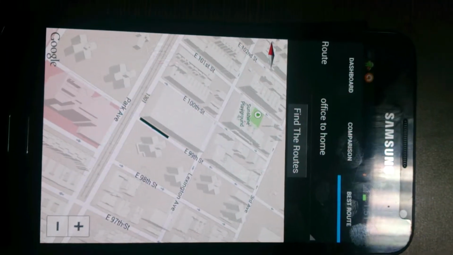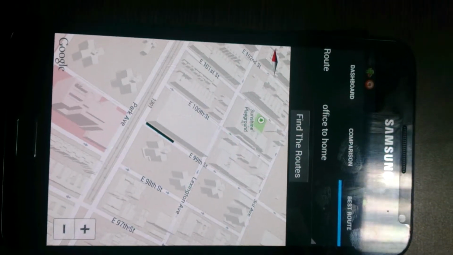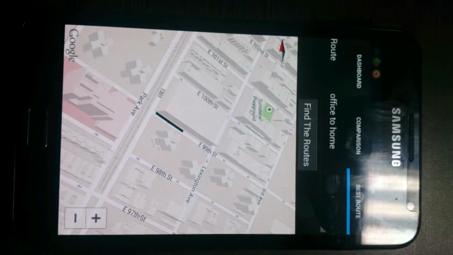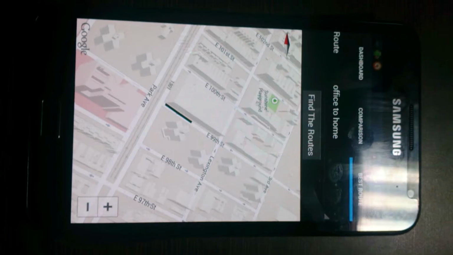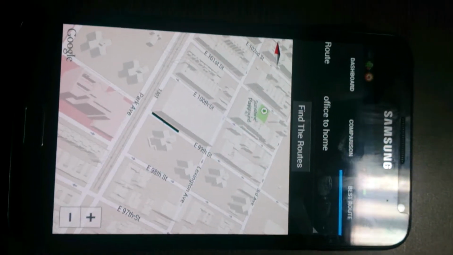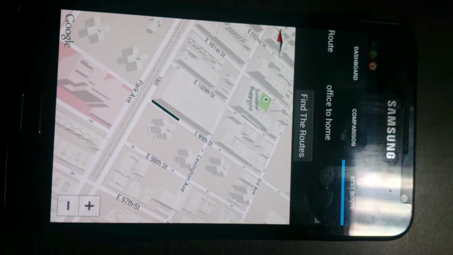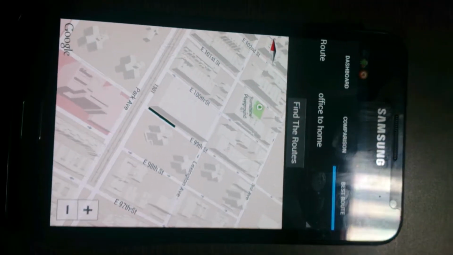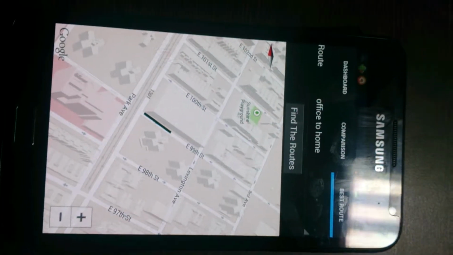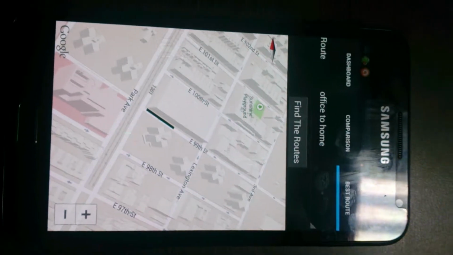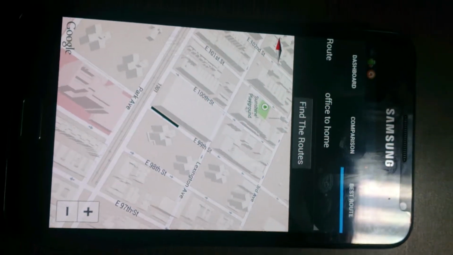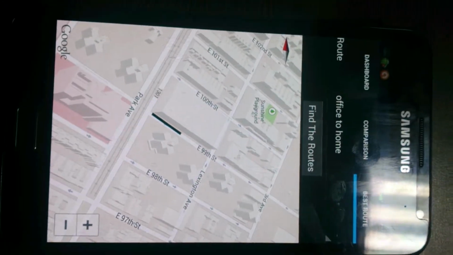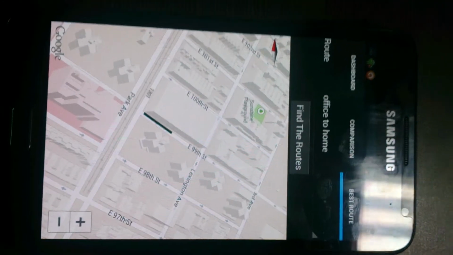Okay, so this is how our app works. We have tried to build an app that will help you save fossil fuels, and that will help you figure out the best possible path between any two nodes that you travel frequently. Let's say if you travel from office to home through 5 different routes, using this app you can definitely figure out which route is the most fuel efficient for you, and you can always take that route and save fuel.